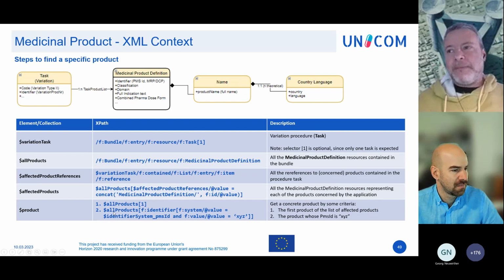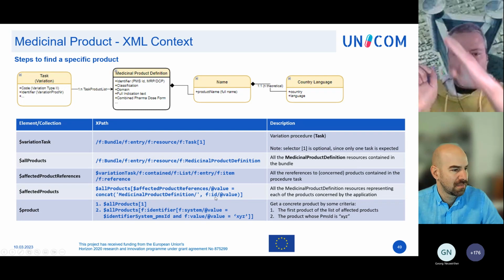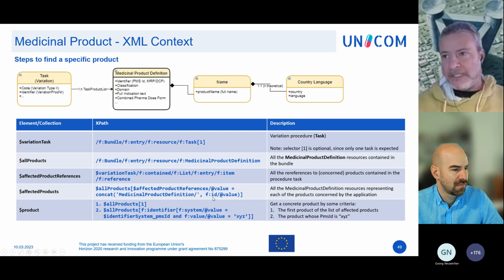I said before, maybe you remember, maybe not, that references always go in two, there is always a route with two segments. The first one is the type of the resource, and the second one is the ID of the resource.